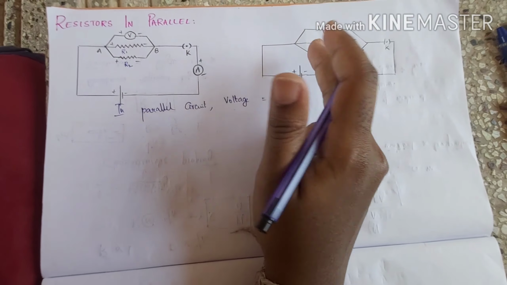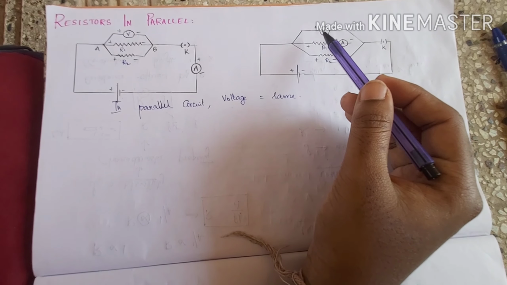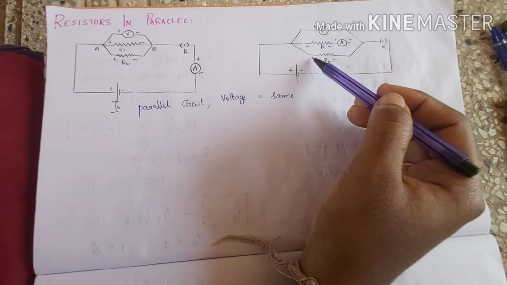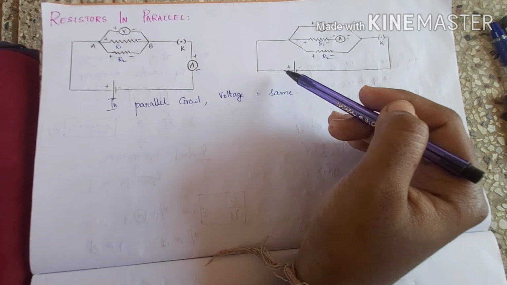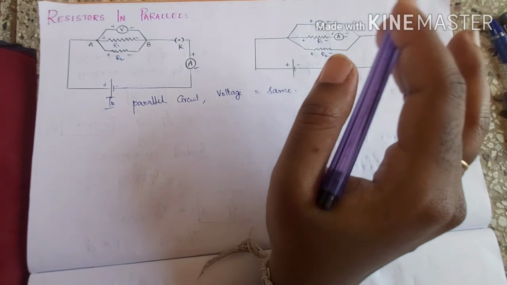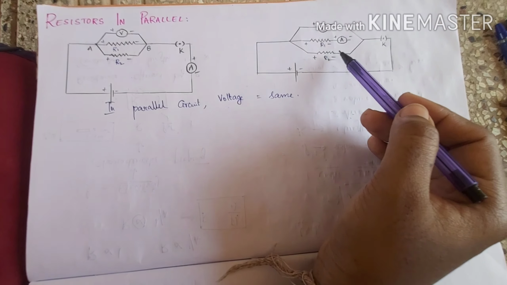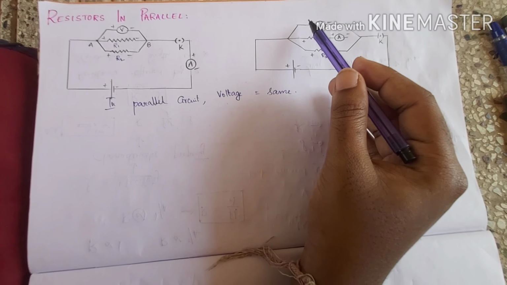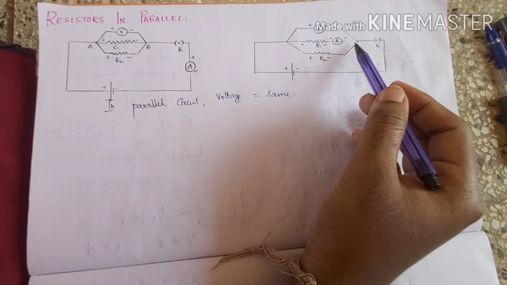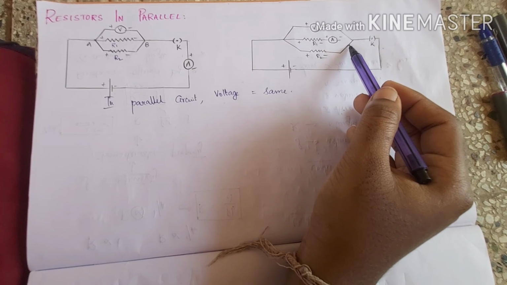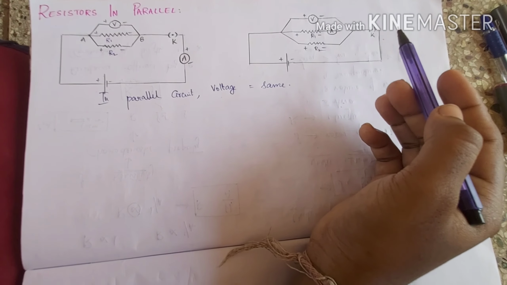So wherever you connect the voltmeter across these resistors in a parallel combination, the voltage will remain the same no matter what. But you can connect more and more resistors in the circuit, each connected in series with an ammeter, and the value of current passing through each resistor will change.